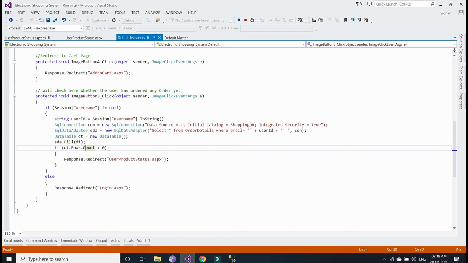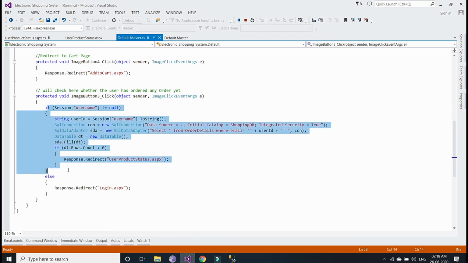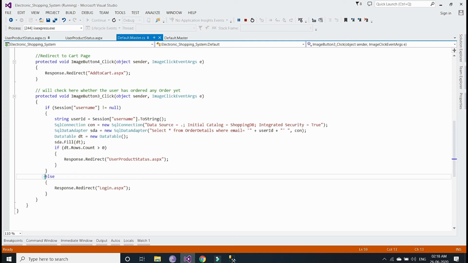Then it will execute this part, that is, it will redirect the user to the page we have just created, user product status. Or else, if the session is null, that means the user is not logged in, then it will execute this else part, and inside that it will redirect the user to the login page.